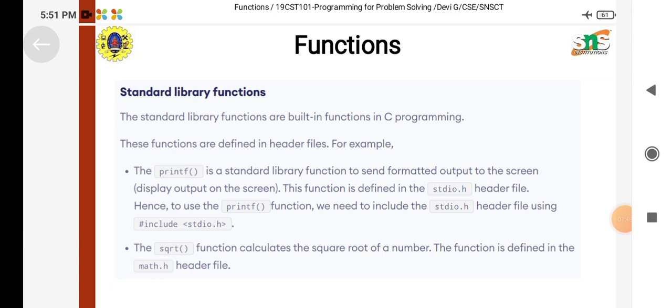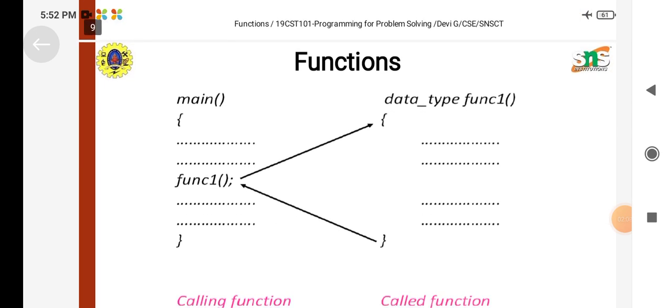The sqrt function calculates the square root of a number. The function is defined in the math.h header file. Likewise, scanf is used for getting input. Here also it is mentioned in the stdio.h header file. Here I give some examples about the